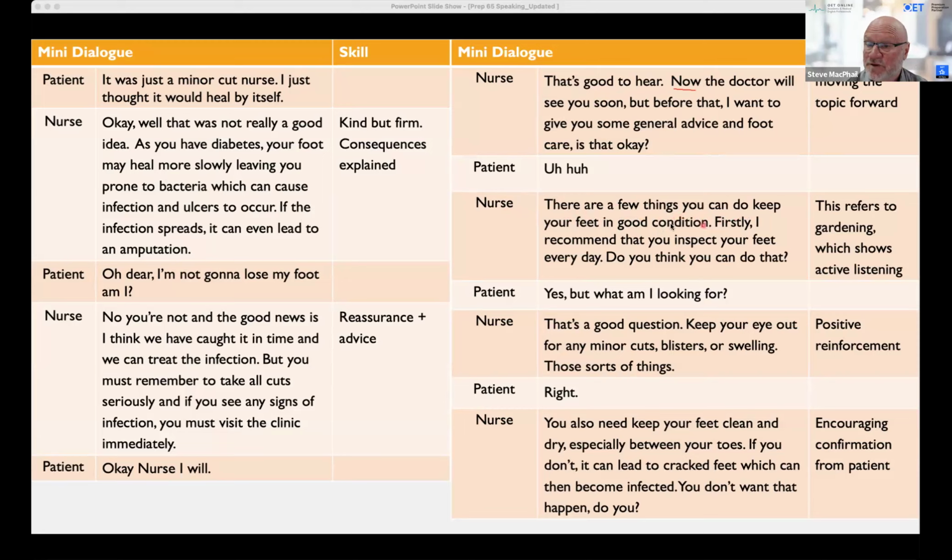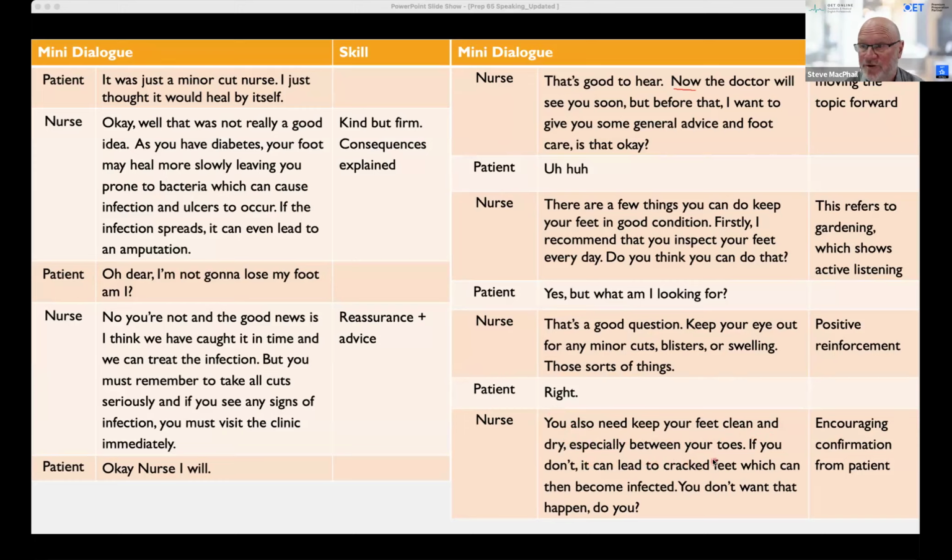There are a few things you can do to keep your feet in good condition. Firstly, I recommend that you inspect your feet every day. Do you think you can do that? All right. Yes, but what am I looking for? That's a good question. Keep your eye out for any minor cuts, blisters, and or swelling, those sorts of things. Again, what am I looking for? More positive language. Right. You'll need to keep your feet clean and dry,